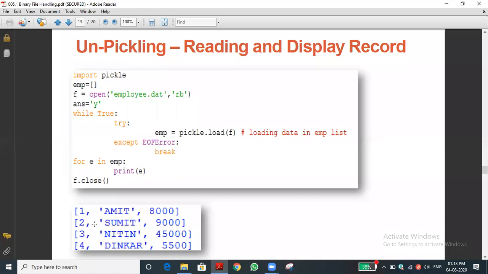Then once it is loaded, where will the file pointer move? Once all the data is read, where will the file pointer be? We discussed that before class. At the last line. Yes, of course. Initially the file pointer is at the first position. We ask to read all the data by using the load function, so the file pointer reads all the data and finally stops at the last position of the file.